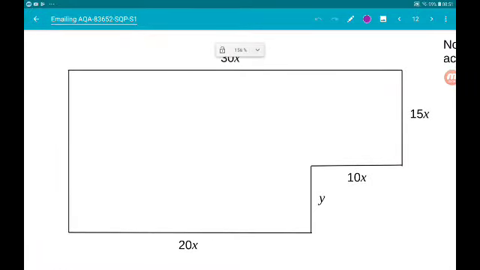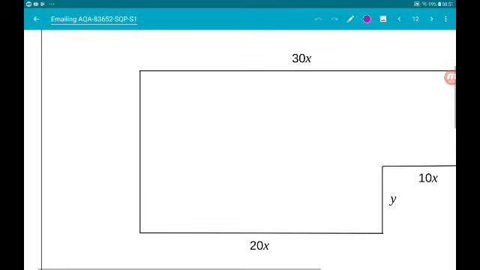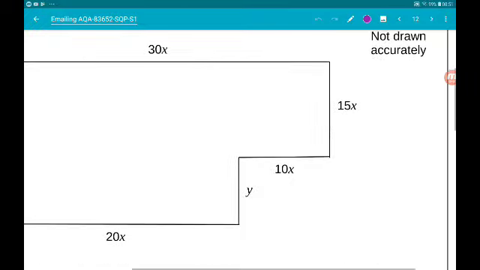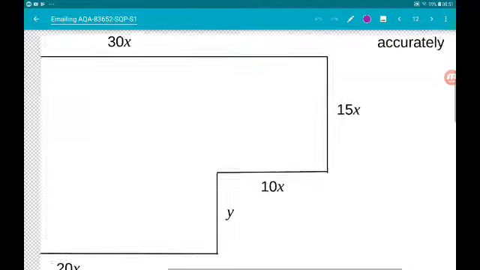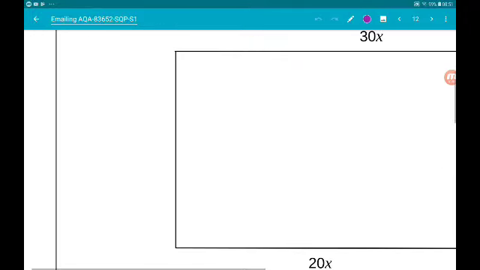So we have all of the lengths except one, and that is the left hand side. Now we know that's going to be the same as the vertical lengths on the right. So on the right we have y and 15x. So this length here is y add